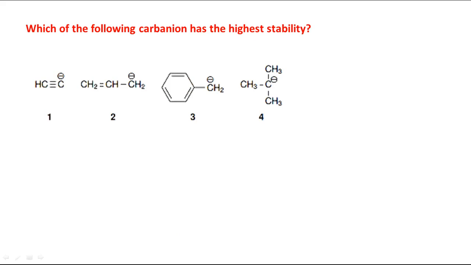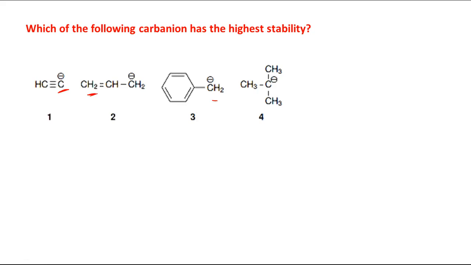So in the first species there is a negative charge present directly over this carbon, that is part of a triple bond. So obviously it will be having stability. Now what about the other species? Here this negative charge can undergo resonance with this C=C double bond. The same type of resonance is also possible in the